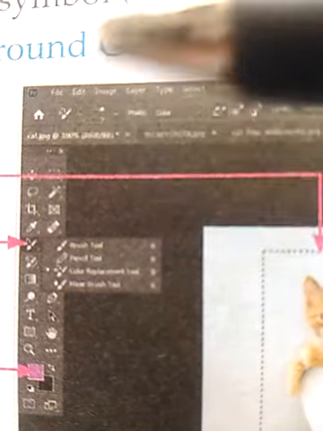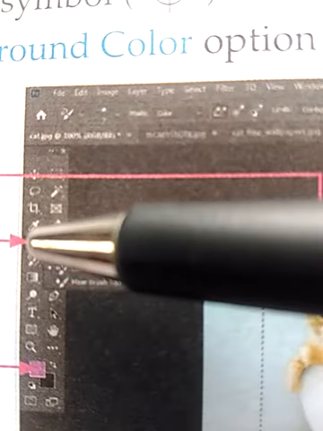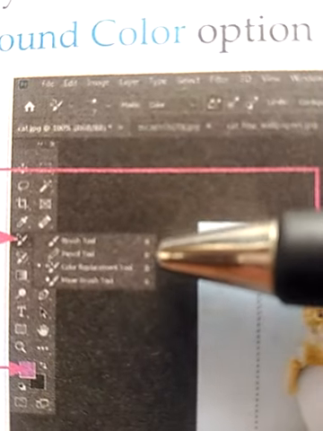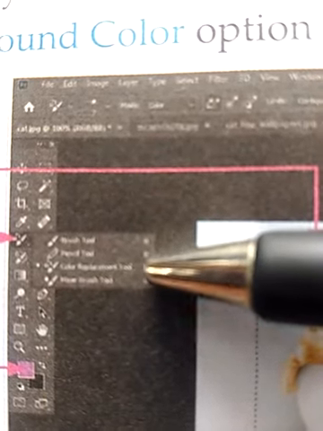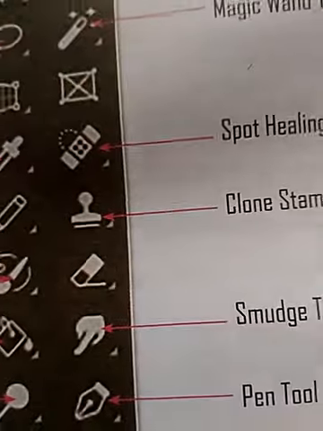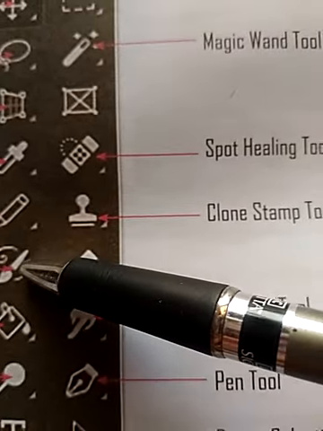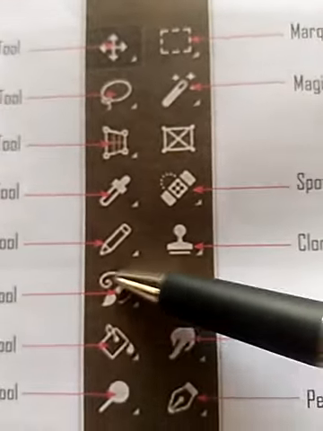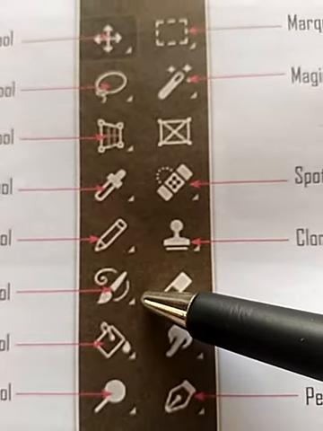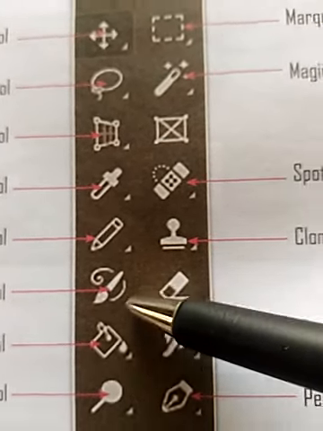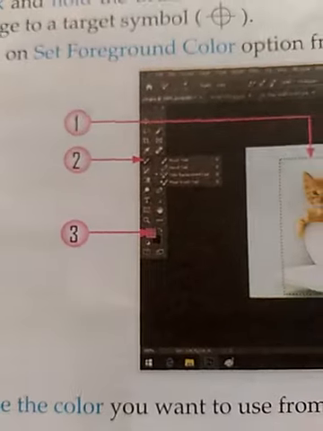See here, this brush option, click on this and here select the color replacement option. This is present here. By clicking on this down arrow you will get this option, color replacement tool.